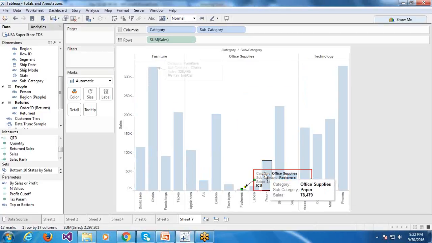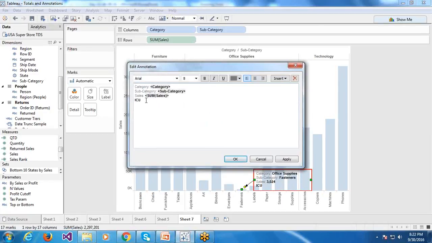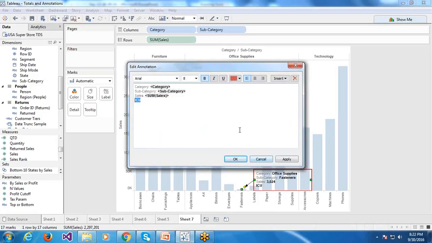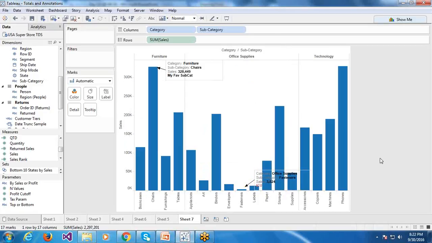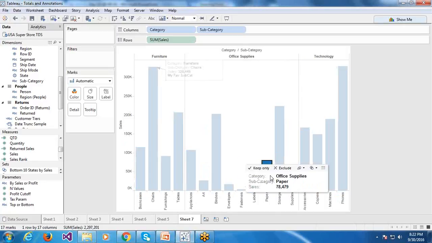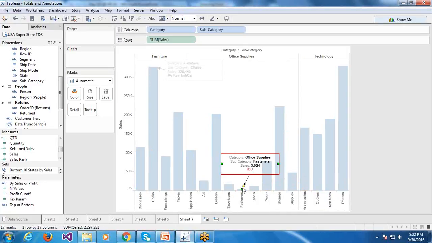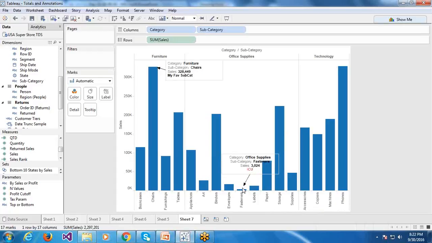And you can format it. So this is a mark annotation. This mark is representing annotations.